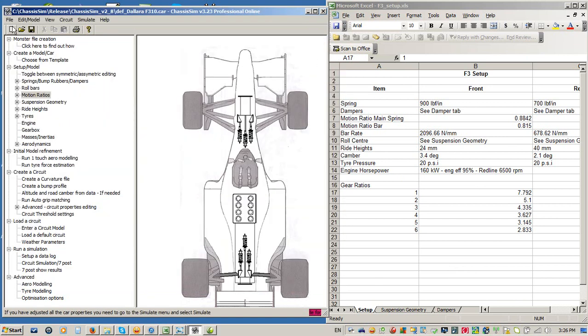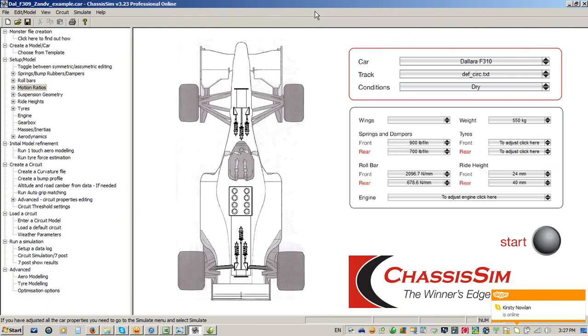And then obviously I'll keep going, car file save as, or I'll just click on that disk icon that you see in ChassisSim. You simply go through each particular bit, clicking a component of the car or a component of the tree structure and filling it in. It is that simple, and you save as you go. Now, to save myself a little bit of time, I'll just reload the car file that I created earlier, which represents this setup. Once I'm done with that, I obviously go to save. I'll expand